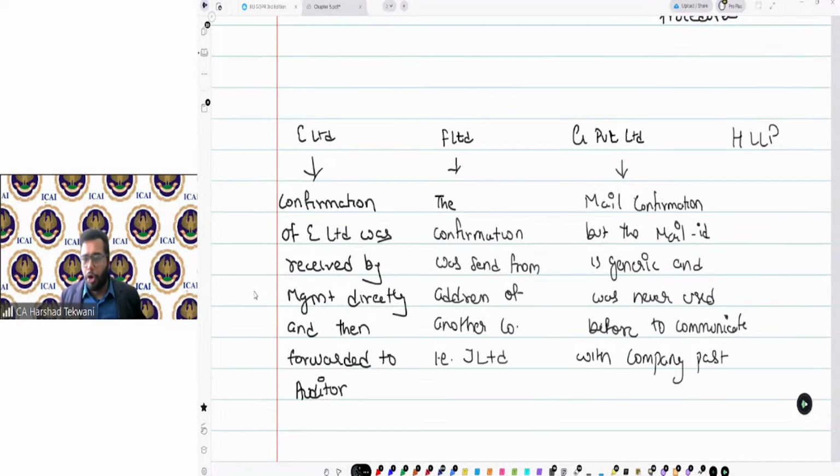This is not the normal mail ID through which G Private Limited was communicating with the company.